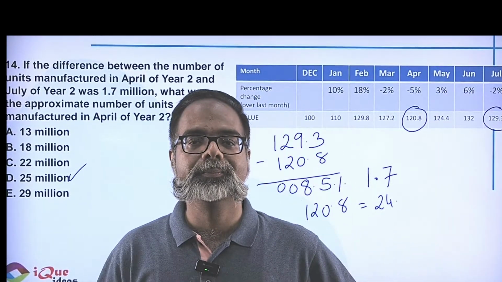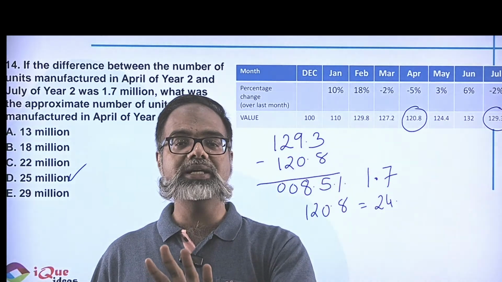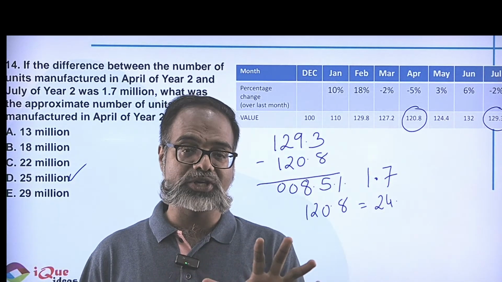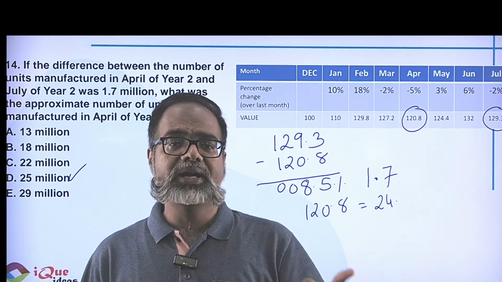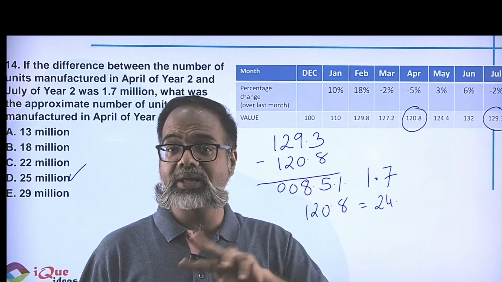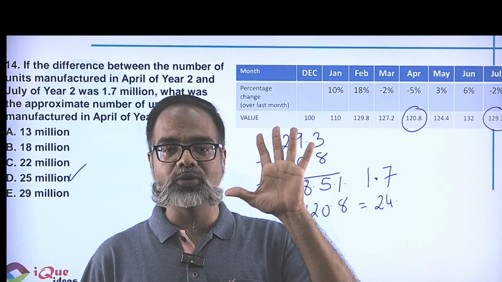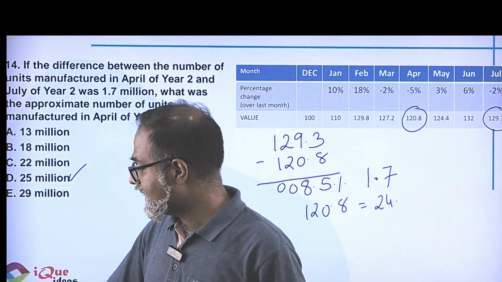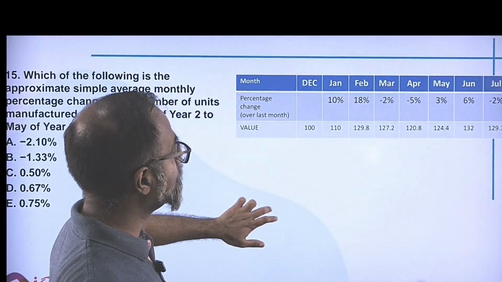and move ahead. So you see, working out all the numbers in the table, even before I looked at the question, was actually a good move, right? It may have taken a little bit of time, but now there are 4 questions and 2 of them absolutely easy to solve just because I know these values that I have calculated. Let's see if the remaining 2 questions are equally solvable because of the calculations we already did.